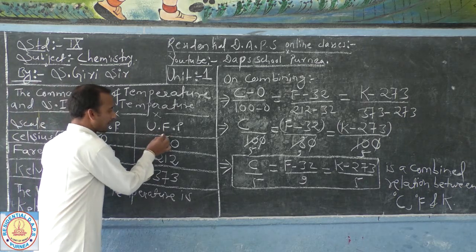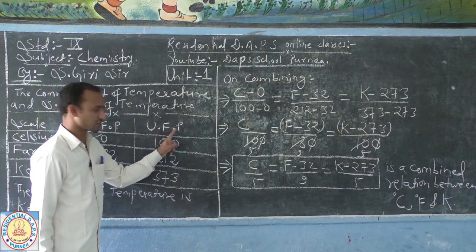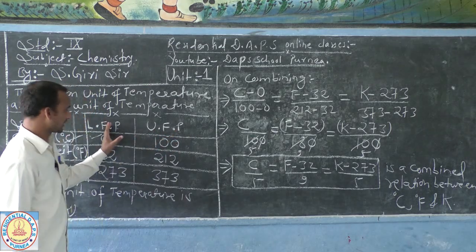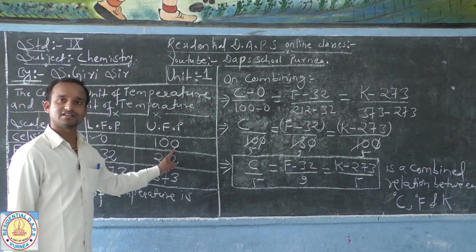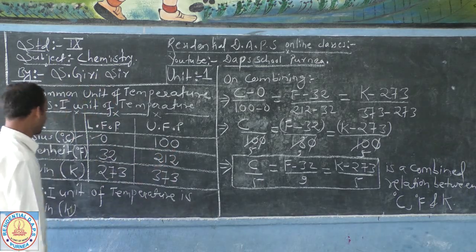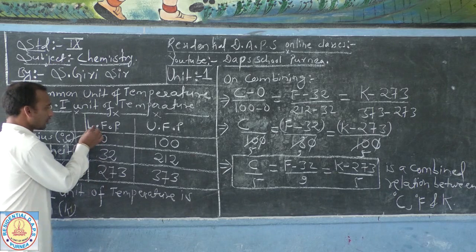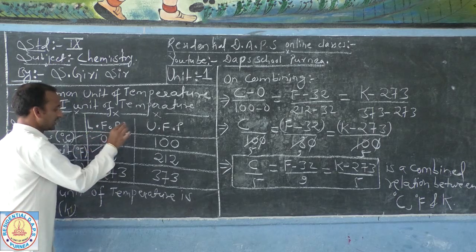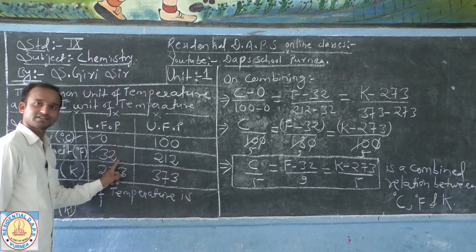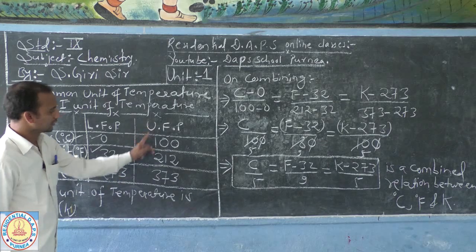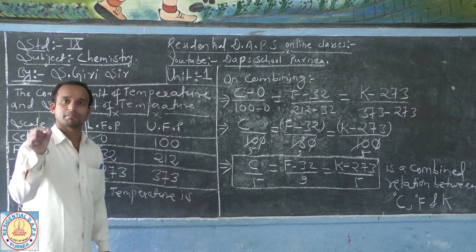Now next, the boiling point of water, that is the upper fixed point. So got the point? In the Celsius scale, 0 degree C is the melting point of ice and 100 degree C is the boiling point of water. Now next, the Fahrenheit scale, degree F, right? The lower fixed point in the Fahrenheit scale is taken as 32 degree Fahrenheit. Means 32 degree Fahrenheit is the melting point of ice and 212 degree Fahrenheit is the upper fixed point, that is the boiling point of water.